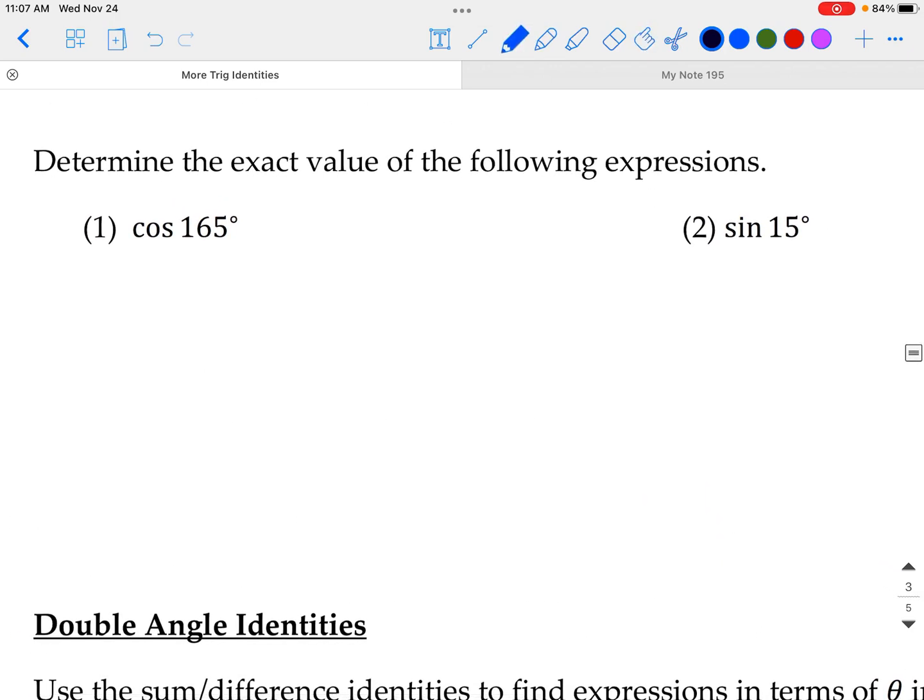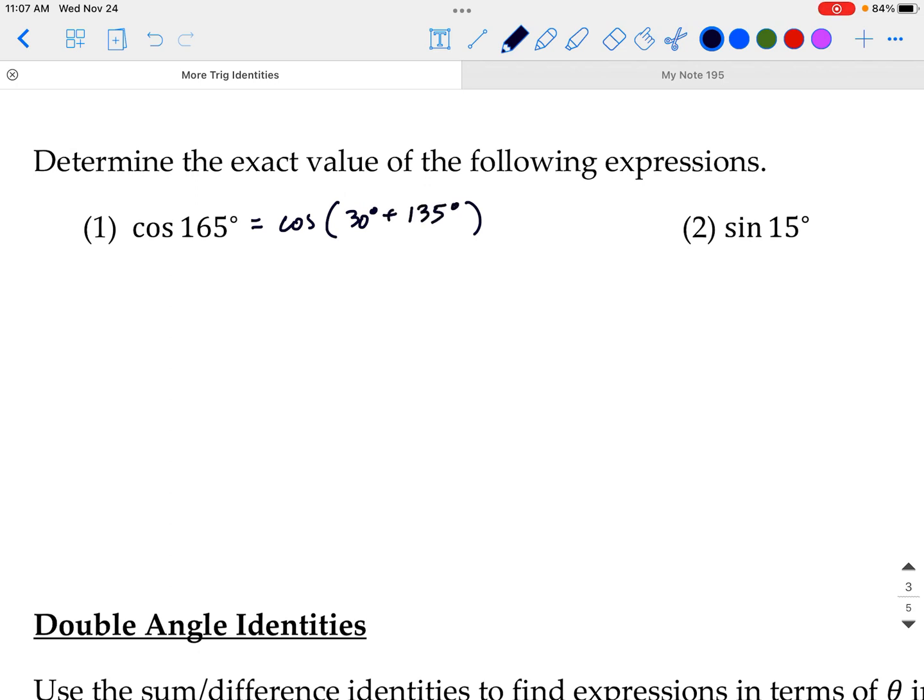So zooming in a bit, let's find the exact values of some of these expressions. For number one, we've got cosine of 165. Obviously that's not a nice unit circle angle measure that we can picture in our heads. It's not 45, 60, it's not 150 or 120 or 180, it's 165. So what we're going to want to do here is rewrite this as a sum or a difference of some nicer angle measures. So 165, maybe we'll note that that's